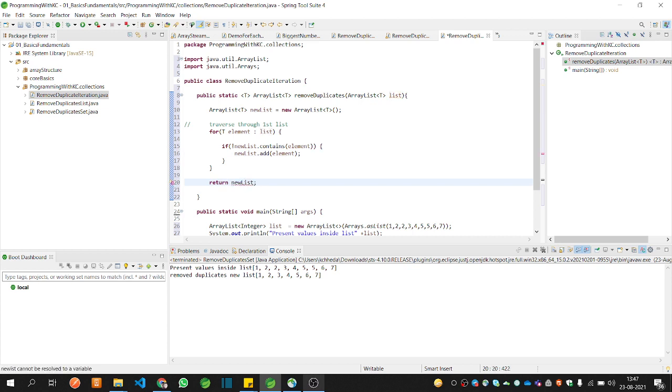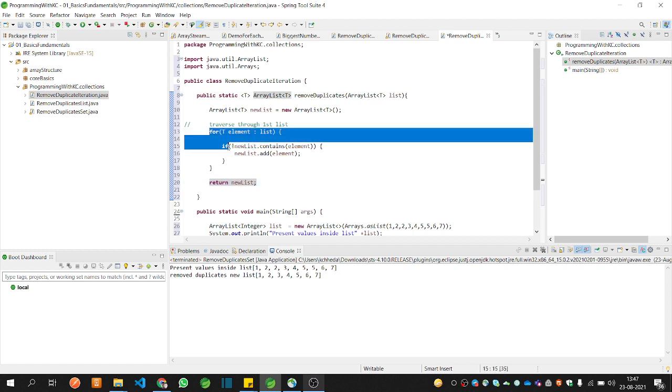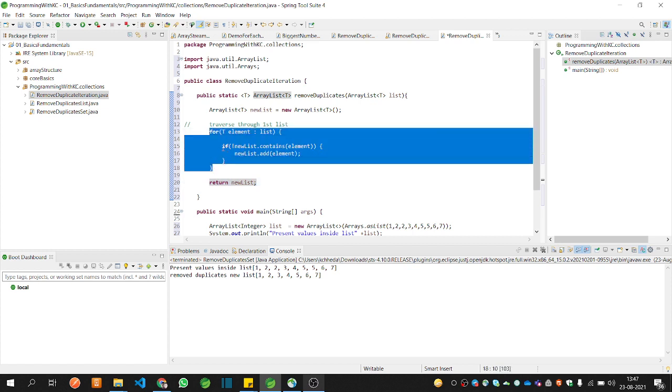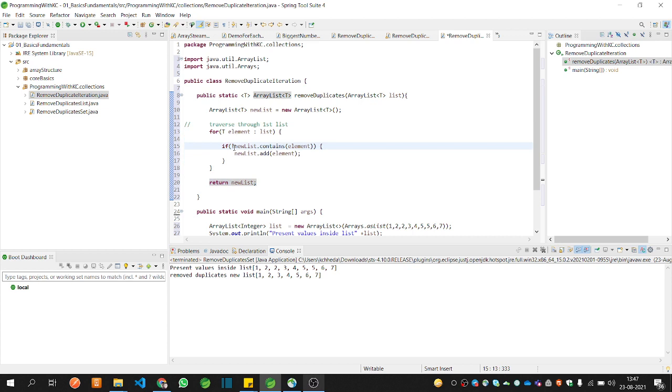Okay, so now in this case, I'm traversing over here and I'm checking for the condition. In this conditional statement, I'm saying that if the new list is not containing the element, then please add the element into the new list.